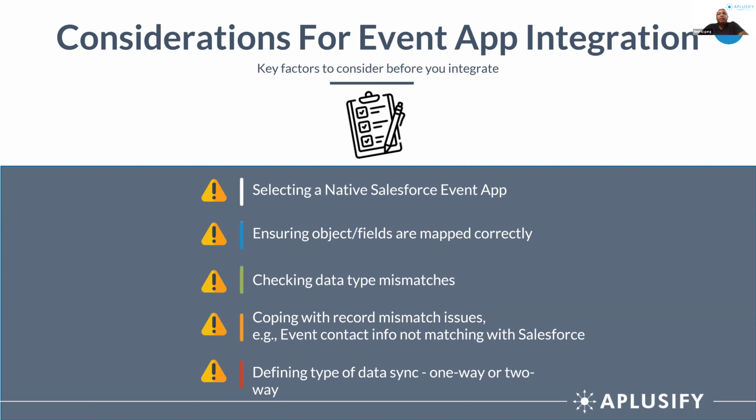So we generally suggest, if people have not bought an event app, that they buy a native Salesforce event app. Then I told you we should have clearly defined which thing will map to which, which means we should exactly know which field our donation field will map to in the event app and vice versa. Because if it is not mapped correctly, then obviously the wrong information will flow either way and